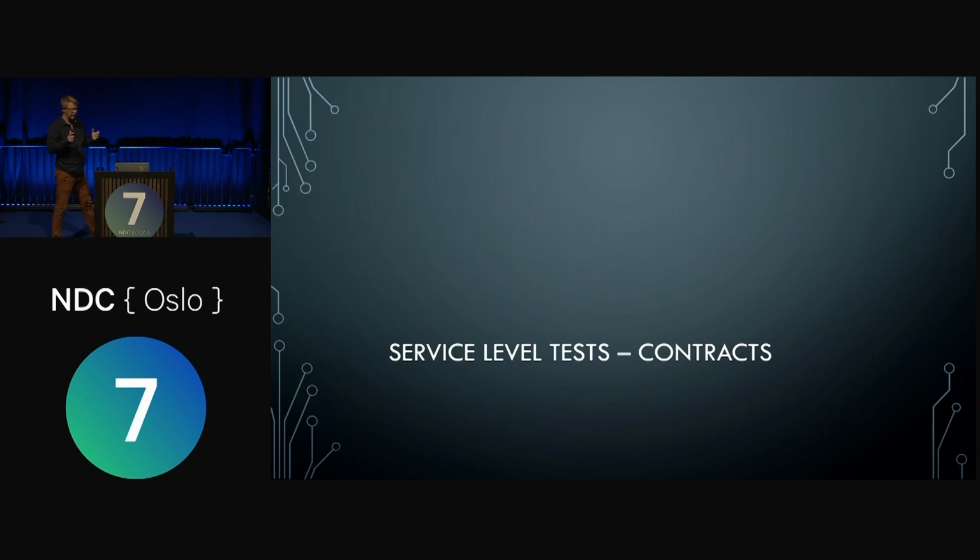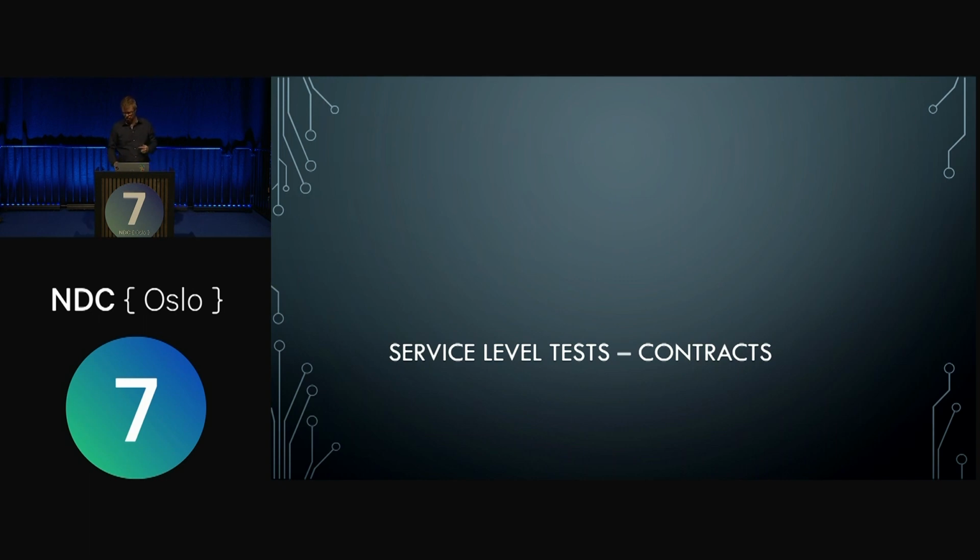But since we're only looking at the loyalty program, what we're actually asserting is that it made a request towards the notification service that, according to the loyalty program, is supposed to make the notifications send a notification. But there's some assumptions here, and there's the assumption that the notification service works and can actually send notifications. I'm okay with that at this level because I'm assuming that service also has tests. So I'm just looking at the loyalty program, but there's still the assumption that the way we're calling the notification service is correct, and that's the contract we're using.